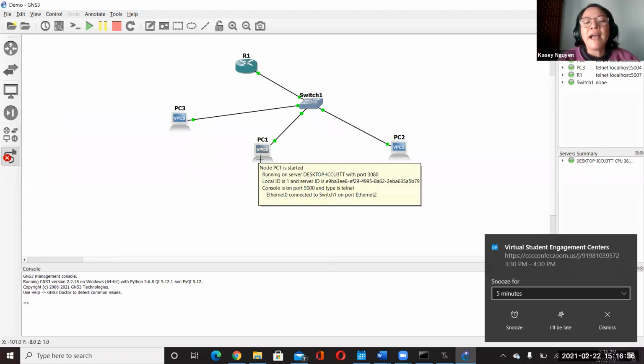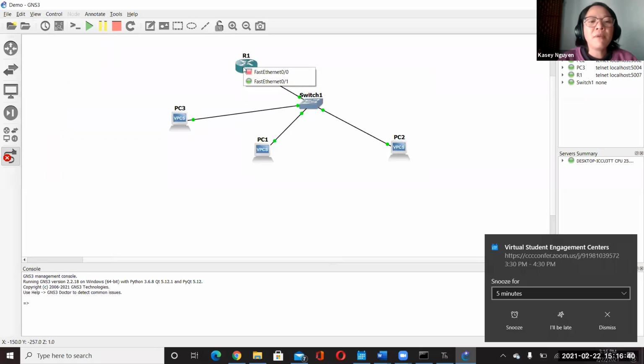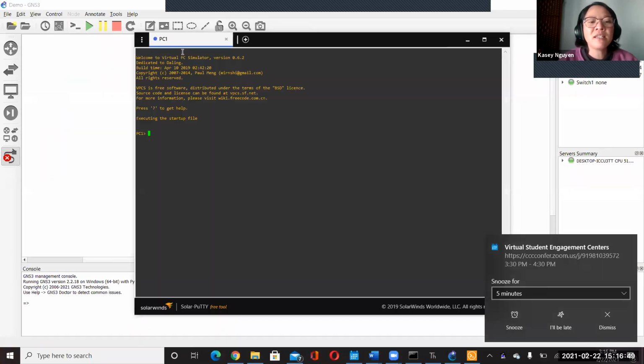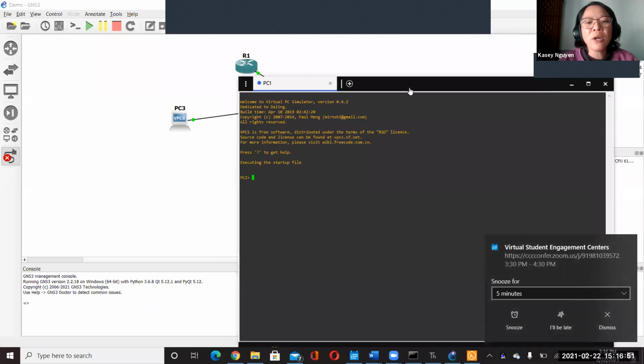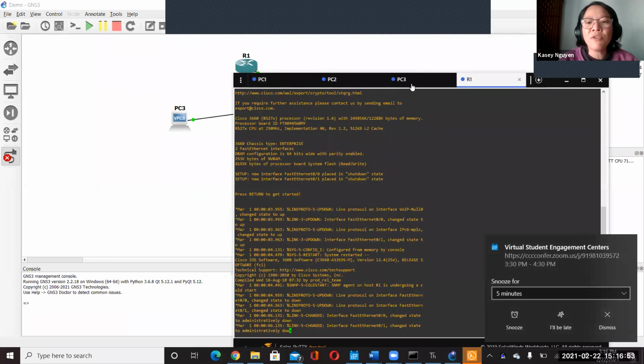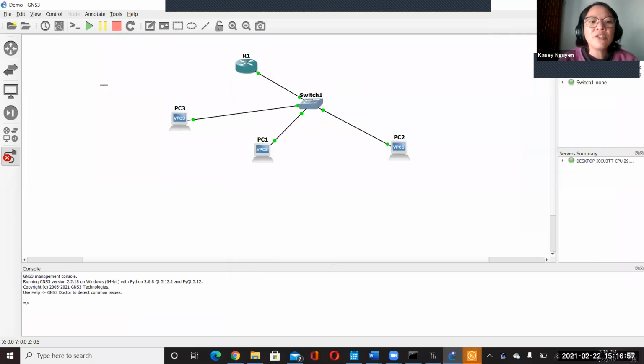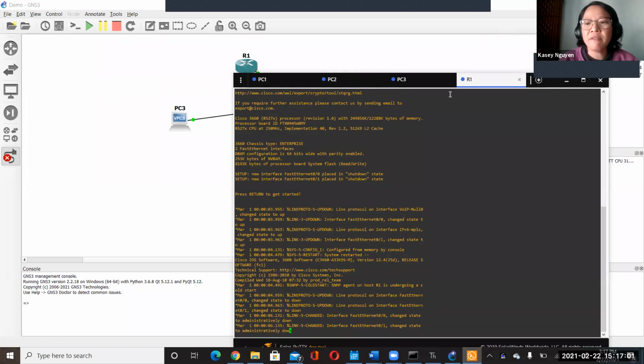So now what can we do when we test this, right? On each of these, the way this software is designed, it gives you a console, okay? Think of it like a terminal to all these systems. So when you open the terminal, it's going to give you all the terminals from my PCs to my router. Okay, sorry, it's popping off.